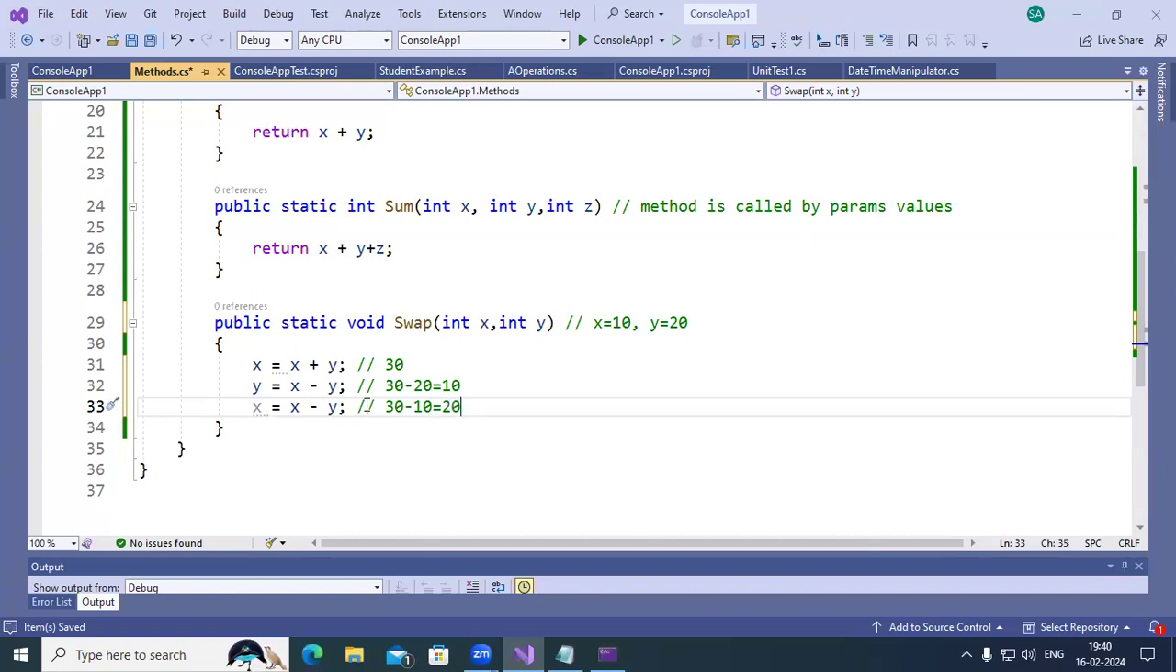So what is happening here? The values are actually getting swapped. They are getting swapped. That means the value of x is coming into y and the value of y is coming into x. So here we write,